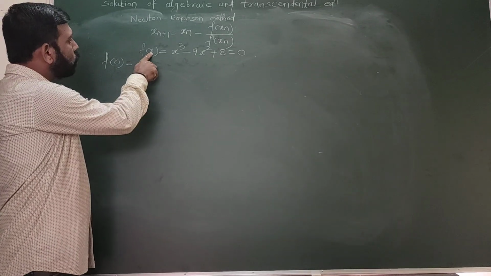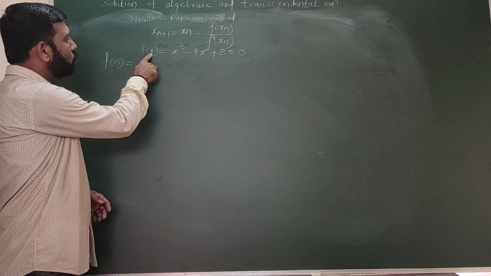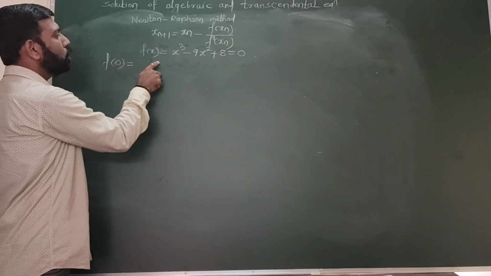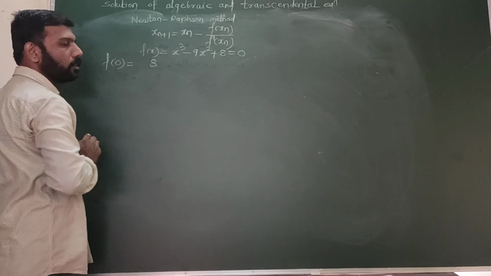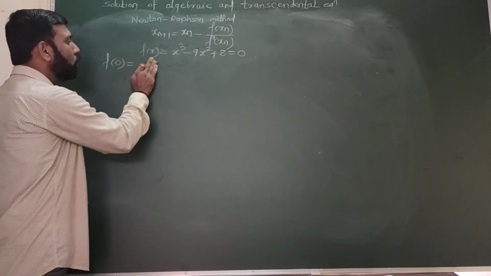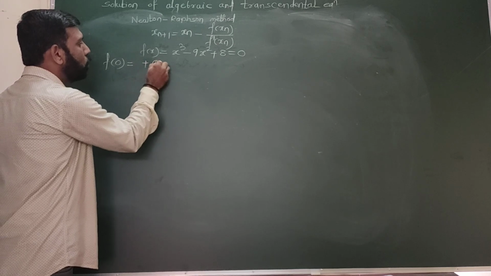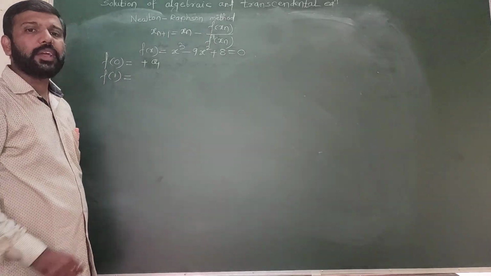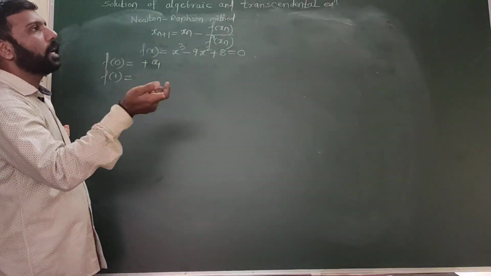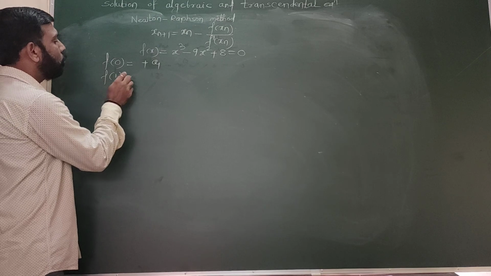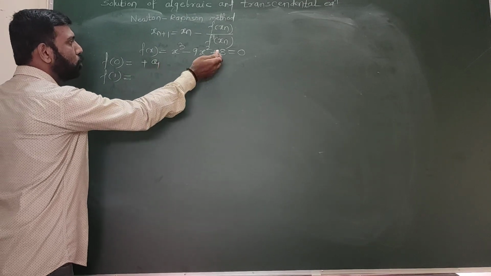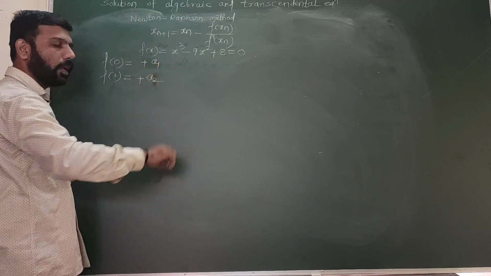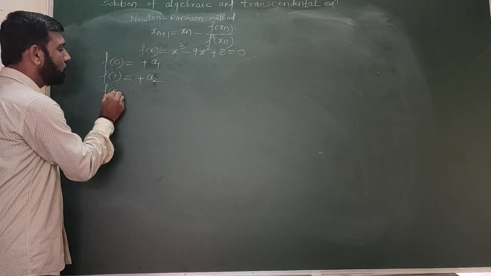In this, substitute the values 0, 1, 2, 3, 4, 5, and so on. We start with the first value, suppose 0, then we get the first value, which is 8. But onwards, I am not substituting the actual value. Suppose that value is a positive a1. a1 is any integer or it may be a fractional value. Next, we substitute f of 1, and again we get, suppose, a2. Continue this.